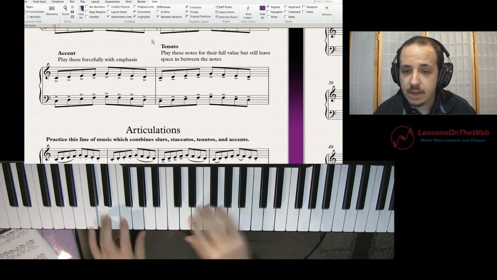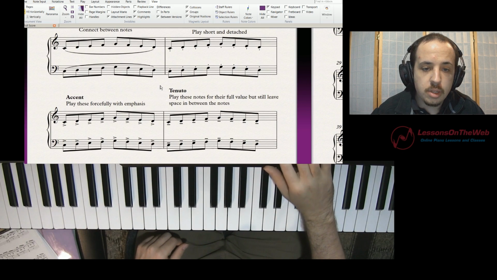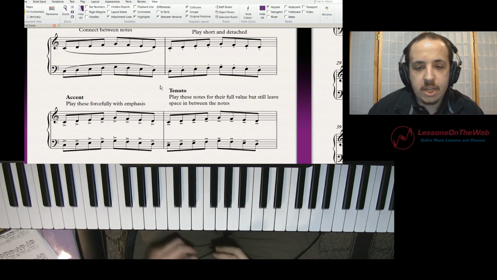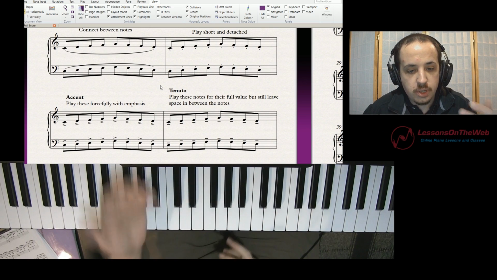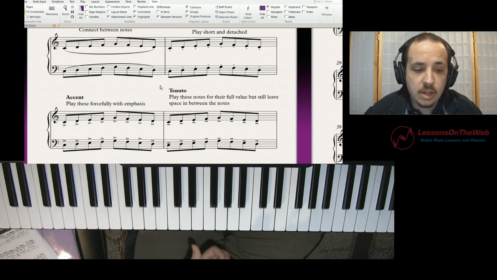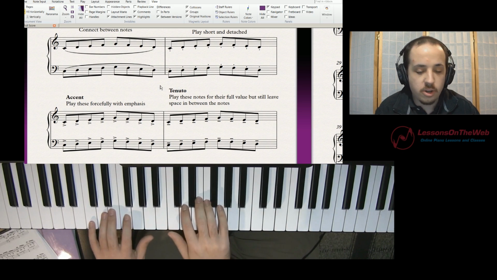And it'll be like that. So, you can have different combinations of some of these articulations. Like I mentioned, you can have the accent plus the staccato. It's not like I have seen the accent used in combination with the tenuto, which all that means is you're going to play the note